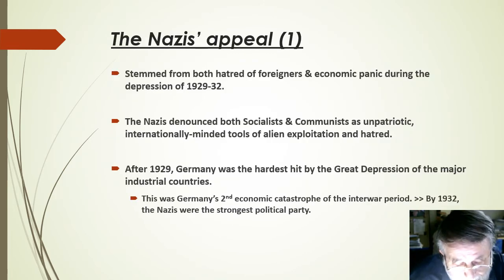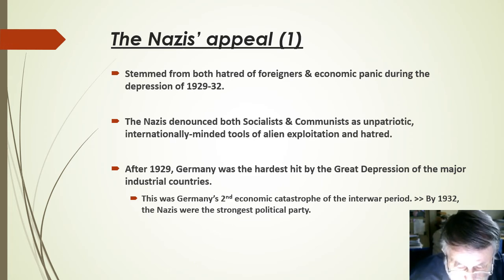Support for the Nazis stemmed both from hatred of foreigners and economic panic during the economic depression of 1929-32. The Nazis denounced both the socialists and communists as unpatriotic, internationally minded tools of alien exploitation and hatred. Socialist subversion, they said, had led to German defeat in 1918, and in the 1920s they also attacked agents of capitalist liberalism, particularly the powerful politician of that period, Stresemann, who had been apostle of Germany fulfilling the Versailles Treaty